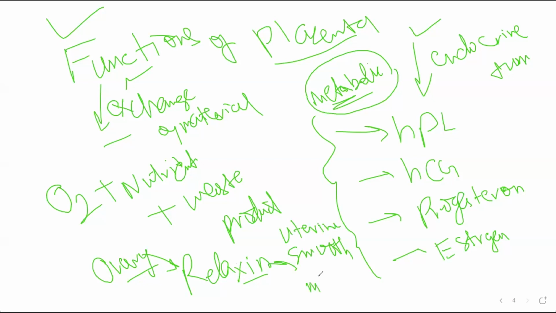So all these uterine smooth muscles need to contract and relax. And for this purpose, during the later phase of the pregnancy, when the delivery of the child is about to happen, the ovary is releasing a hormone that is called relaxin. One question also comes in examination. It's a one marker question: what are the three hormones present in a woman only